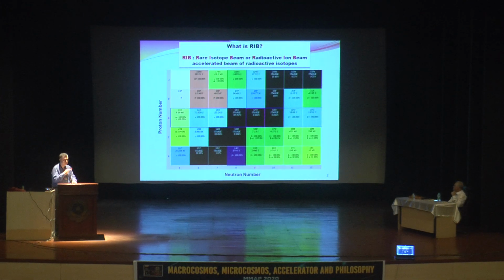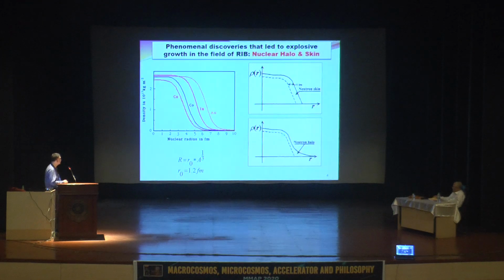So just to introduce, for completeness' sake, what is RIB? RIB is basically rare isotope beams, since radioactivity is a very sensitive word. Earlier it used to be called radioactive ion beam. So when you are accelerating this,